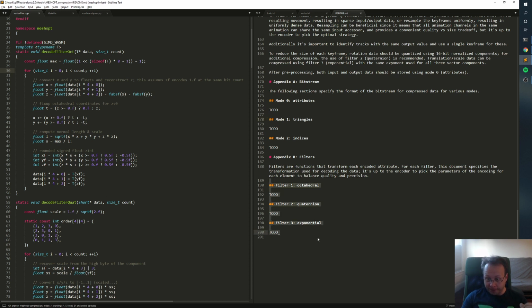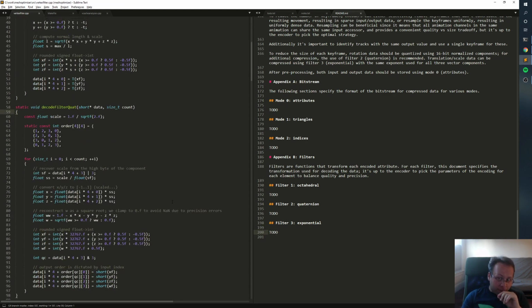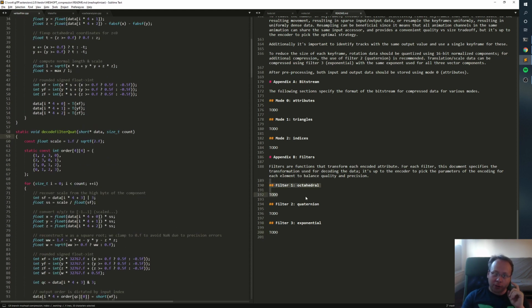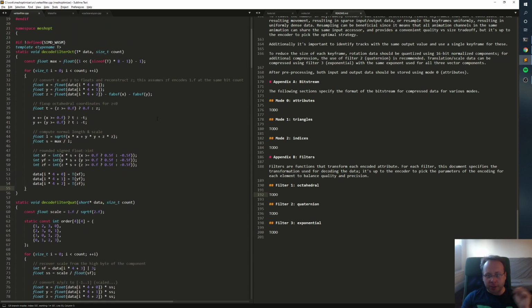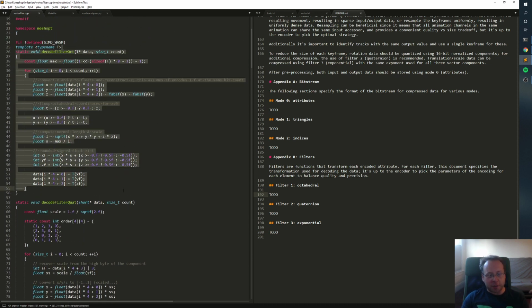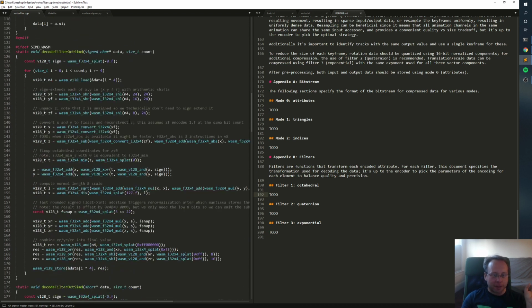So there's 3 of them. There's the octahedral transform that's used for normals, the quaternion transform that's used for quaternions, and exponential, which is used for general floating point data. The octahedral transform actually has 2 variants, the 8-bit and 16-bit, and so in C++ land and scalar code I just have one function, but when I was doing the WebAssembly SIMD conversion I had